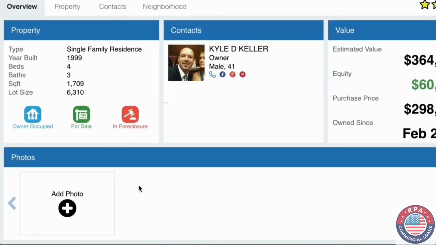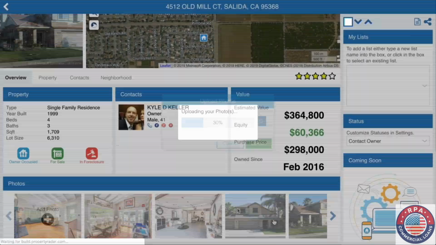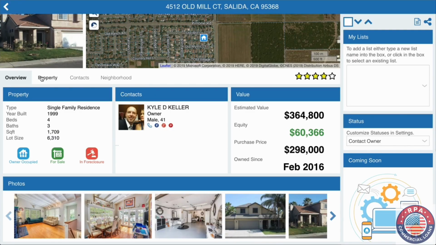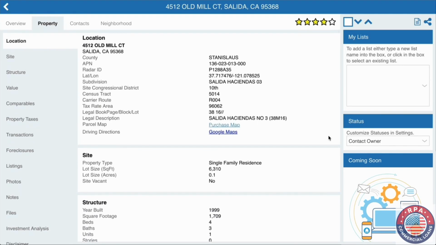Easily add photos that you've taken of the property. The mobile app makes this easy when you're out in the field. The Property tab shows details from the county assessor, recorder, and other sources to provide a detailed picture of the